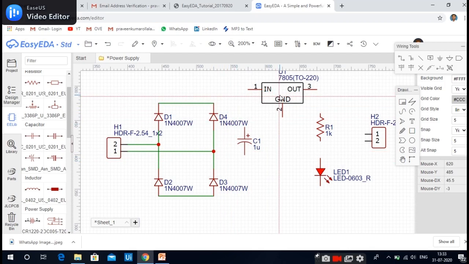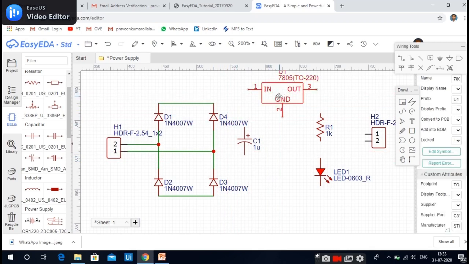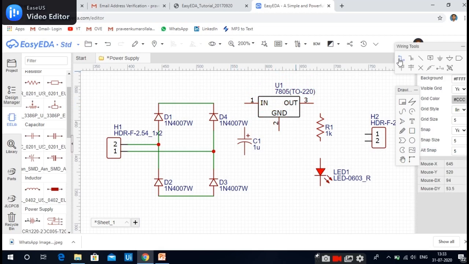And this should be connected to input, and from here the capacitor positive is connected to the input of this voltage regulator, then the negative of this capacitor should be connected with the ground here.